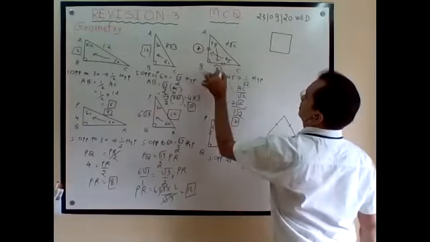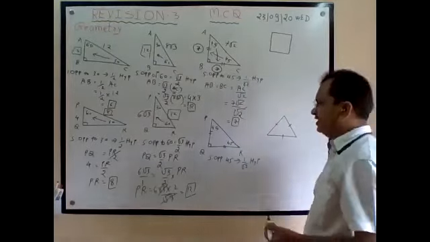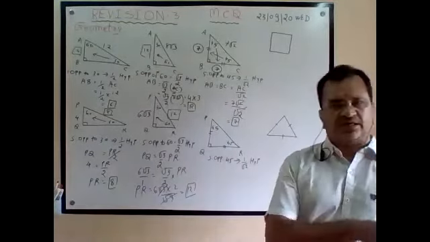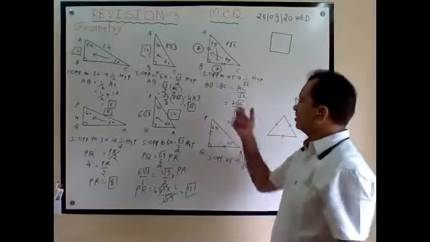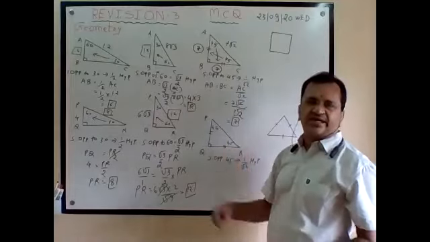Both are equal. Because isosceles right angle triangle 45, 90. Two angles are congruent, so two sides are congruent. So both are isosceles, but with 90. So isosceles right angle triangle.